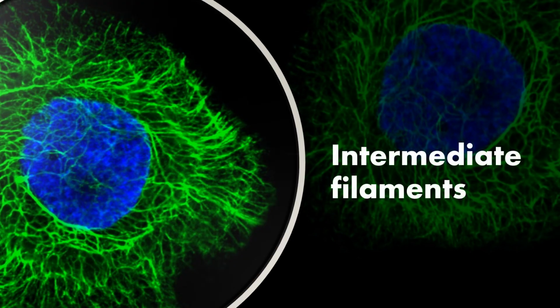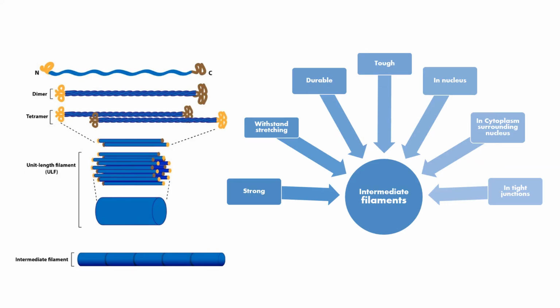The next type of filaments are the intermediate filaments. As you can see, they have great strength. They enable the cell to withstand the mechanical stress associated with stretching. It's approximately 10 nanometers in diameter, and it's considered the toughest and most durable. It's found in the cytoplasm surrounding the nucleus, extending out into the cytoplasm. It's found in tight junctions